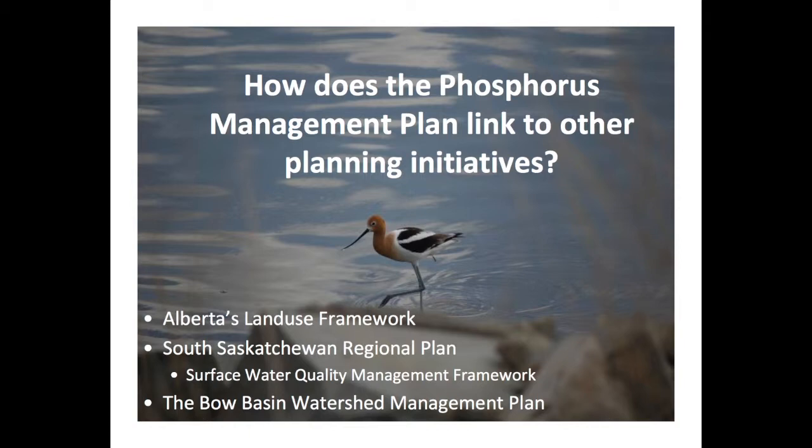Then we now have a draft surface water quality management framework. Interestingly enough, that framework derived the water quality objectives for the Bow mainly from the Bow River Basin Council. They've made a few little tweaks, but basically they have adopted what the BRBC did. So the Bow Basin Watershed Management Plan, Phase 1, that Rob spoke about in the previous talk, is what this is based upon. And now we can also say that it's based on the draft surface water quality management framework.